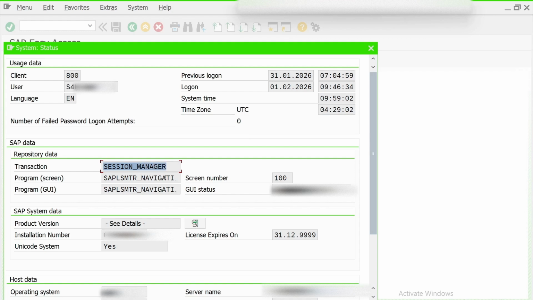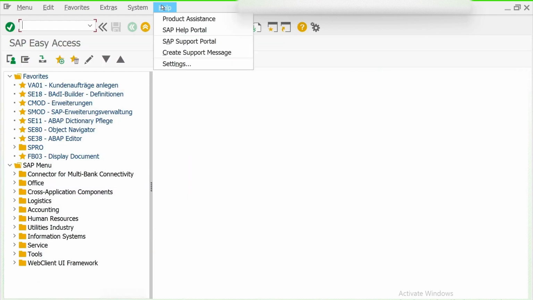Here it is showing this session manager. This is the T code for this particular screen, and another is the program, the screen in the GUI program. This particular program is mostly used when you have to do customization or you have to check the particular program against your T code. So there's the screen detail, and then we have the help. SAP help portal, SAP support portal. Under the help, you will be able to see different inputs on issues by different people, or the SAP official documentation on the problems. So help, you can utilize in that way.